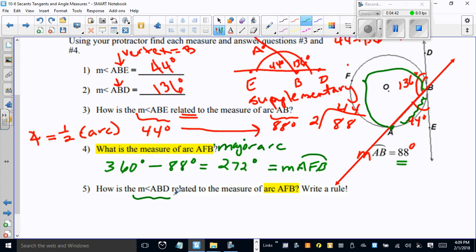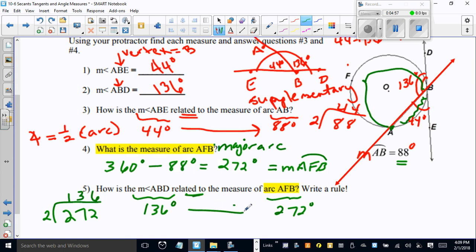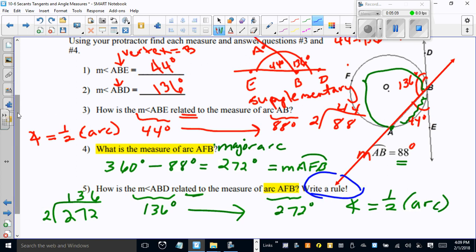So then it wants to know how this angle, which was 136, relates to this arc, which we just found to be 272. Well, if I take 272 and I divide it in half, I'm going to get 136. So the relationship there is, again, the angle is half of the arc. So they ask us to write a rule. It says write a rule. Okay, so the rule would be